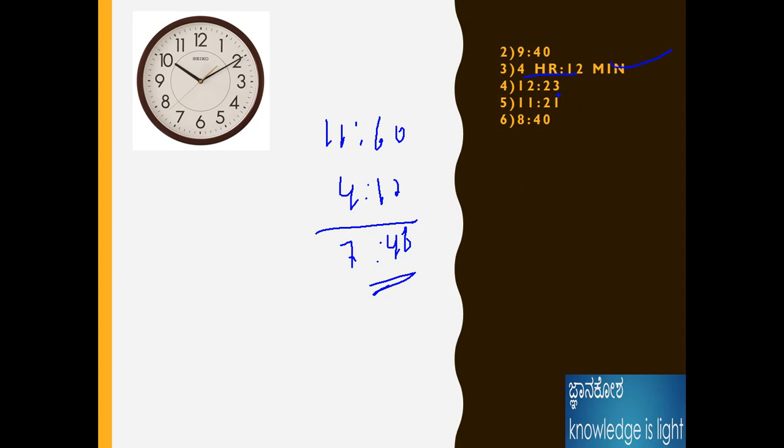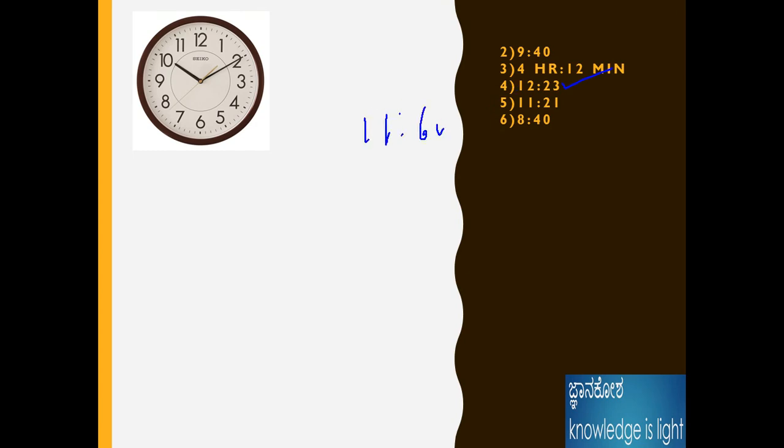Okay, now the next one is 1223. How could the answer be? Okay, I will take it as 12. Okay, I will take it as 1260 only then. And if any problem is coming like that, 12 like that, make it as 0. Why? Because this is starting from the 0 only, right? That's why take it as 0. If any problem is coming for the mirror image, if 12 is coming, take it as 0. This is an important note. I need to highlight here. Okay, 23. Because 60 minus 23 is 37, as well as 1137 is the answer for this question.